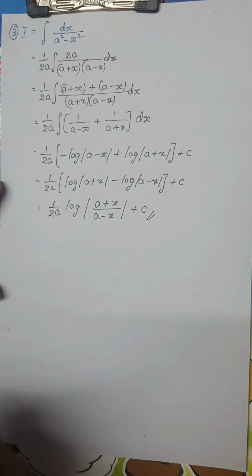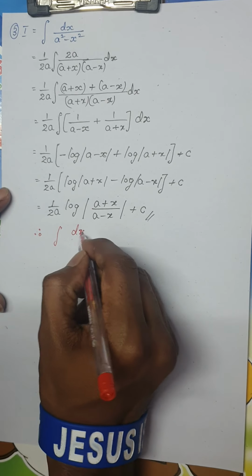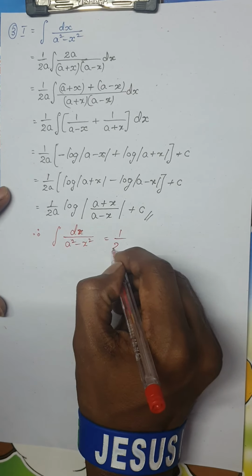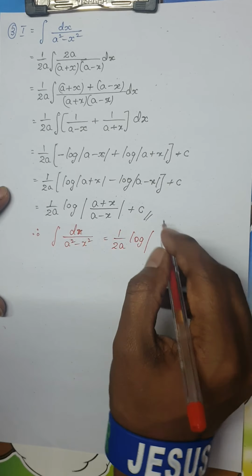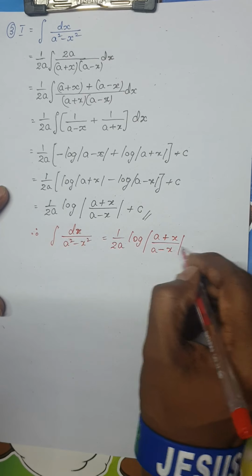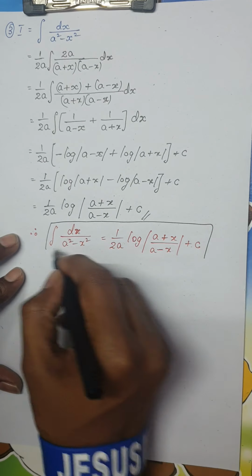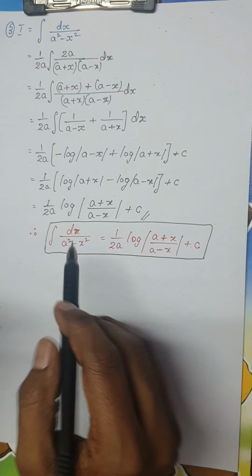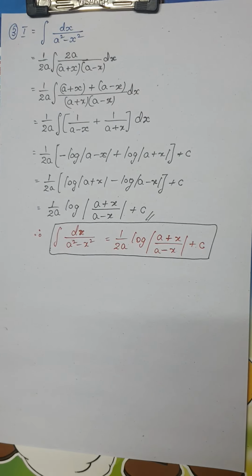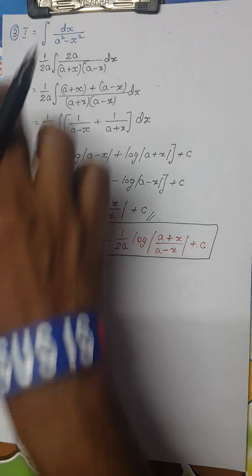Okay, you can further write the final statement as integral of dx divided by a square minus x square would be 1 divided by 2a into log of mod a plus x divided by a minus x plus c, which is the constant of integration, and this is the proof of the special integral of the form dx divided by a square minus x square. Now along with that, they will ask you one question for 5 marks. Okay, now we are going to see the question part for this proof.